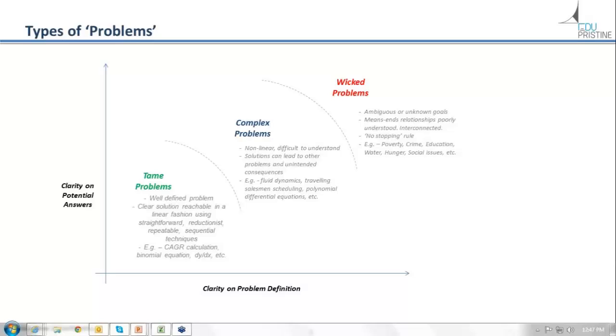Yeah, I think most of the time, whatever you said, that's true. I do not agree that complex problems are essentially an aggregate of tame problems, because I think an example of a tame problem is x plus y is equal to 5 and x minus y is equal to 1. That has a very specific answer. X is equal to 3, y is equal to 2. There cannot be any other answer. A complex problem can have multiple answers.